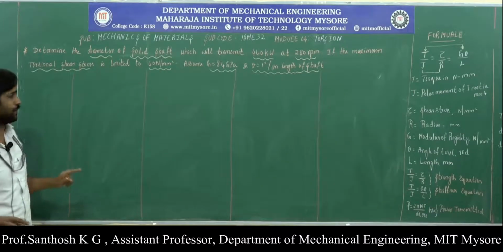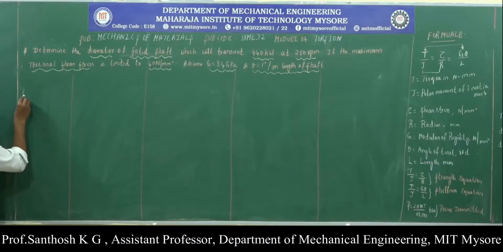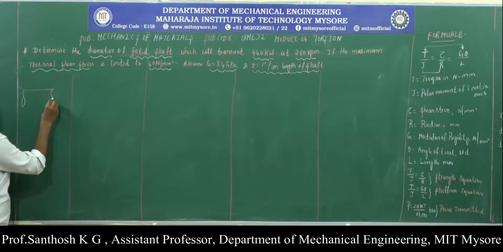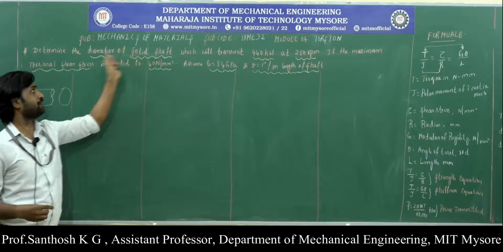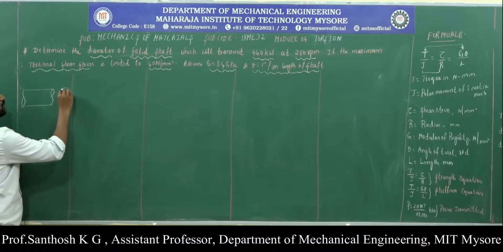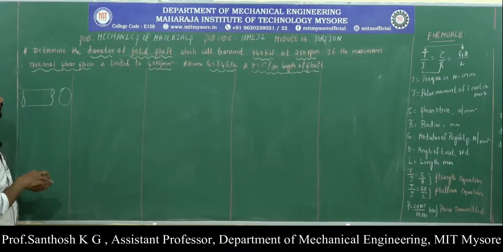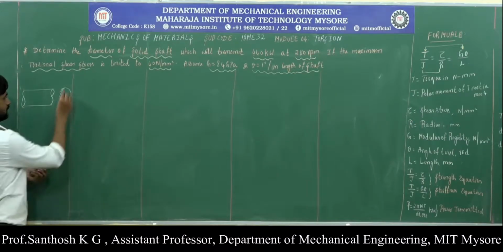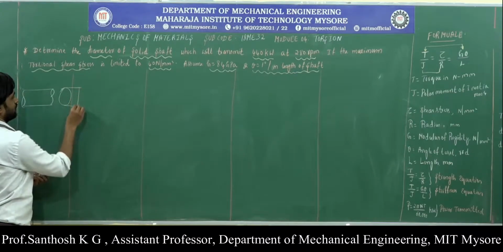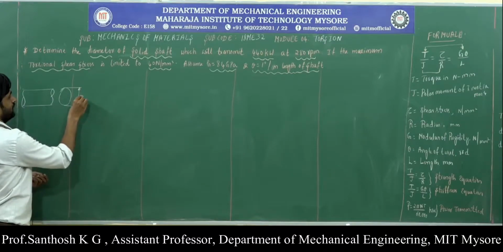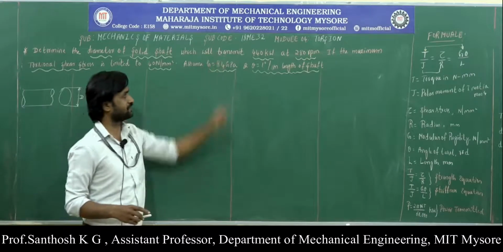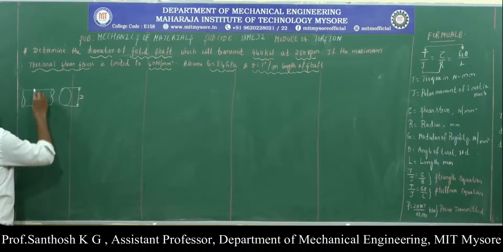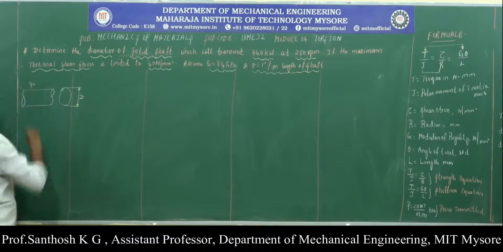By reading the problem, first I am going to draw the diagram. We have a shaft which is a solid shaft with a circular cross section. The diameter of the shaft is not given, we need to find it. The data given is that this shaft is used to transmit power